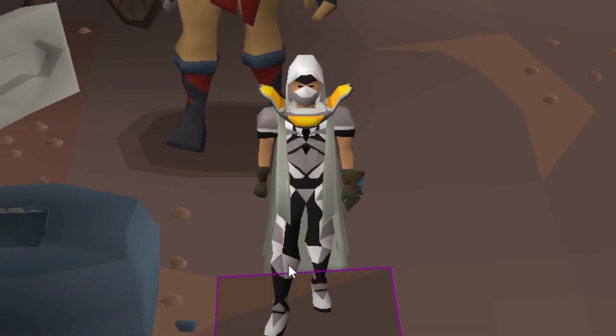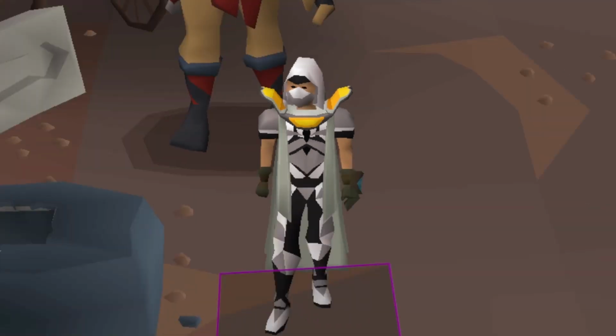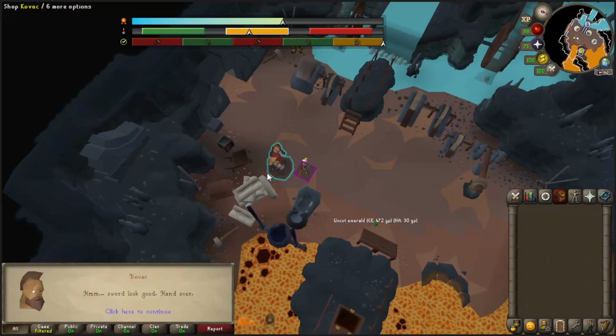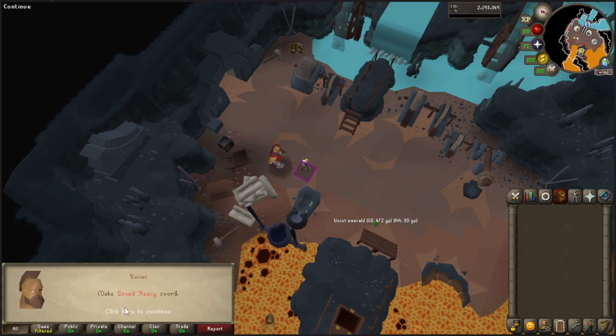Now we get to start replacing the graceful pieces. And I'm gonna have to find a hood to go with this outfit. But so far we've been here about 6 hours, around 800,000 XP. Let's keep it going. Another one of those things that you just can't plan. Sword 100 brings us